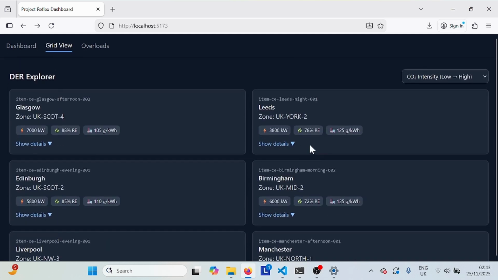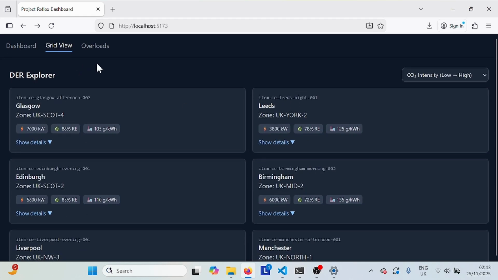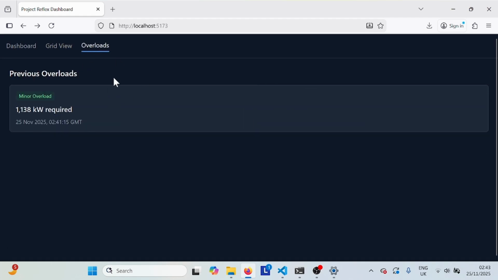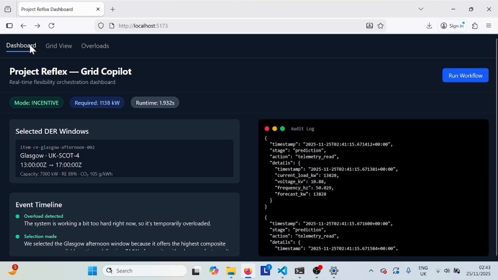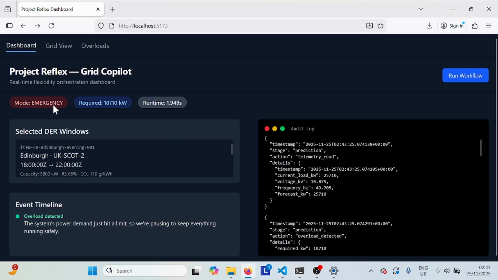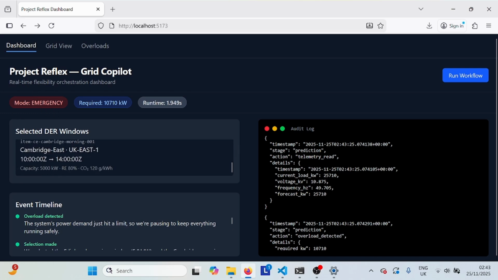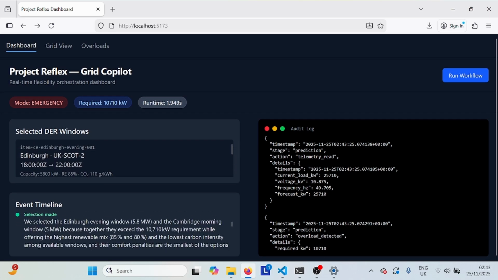you will see there. And if we switch to the overload tab, every time we run the workflow, we'll log overload events here. So if I run the workflow again, you'll see we received an emergency event. So we have selected 2 DER windows,